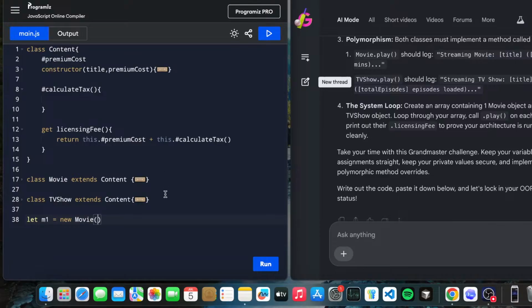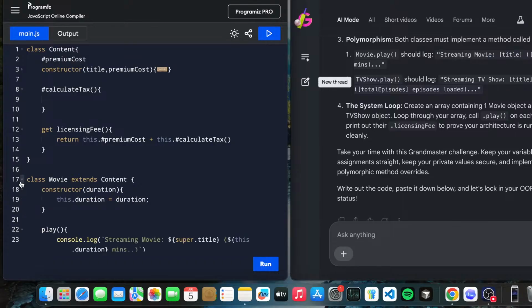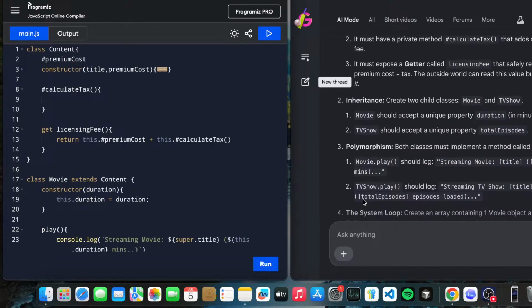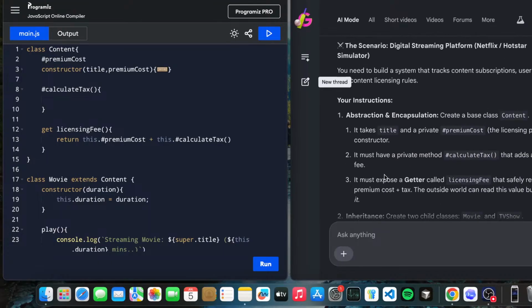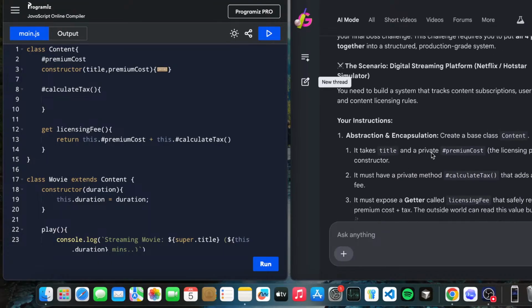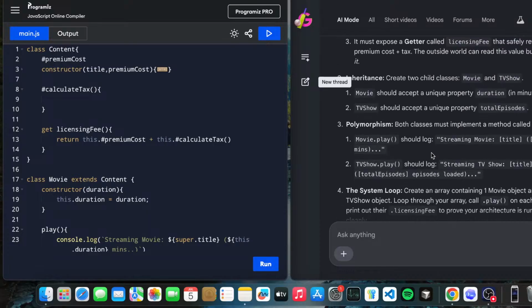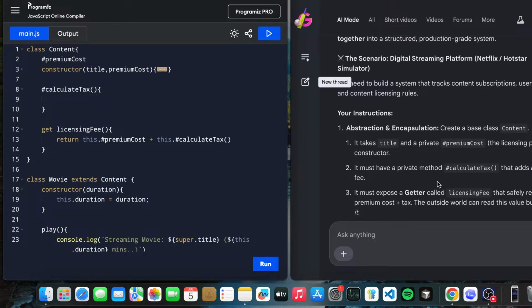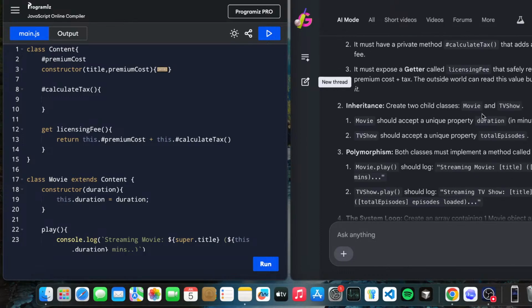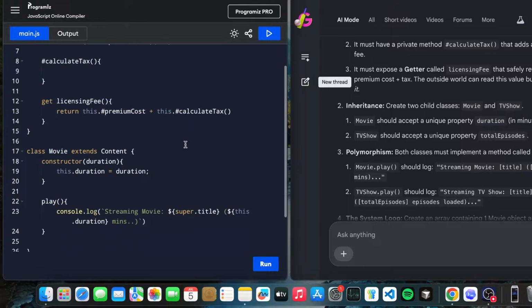In that we are passing, I just forgot something. Encapsulation: title and the base. Abstraction: title, calculate licensing fee. To create it, accept a unique property duration, and the other accepts the unique property total episodes. Content will have a title and premium cost.